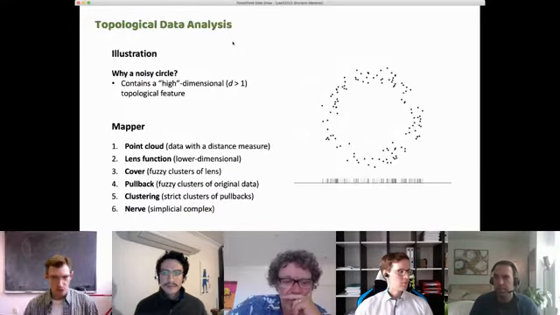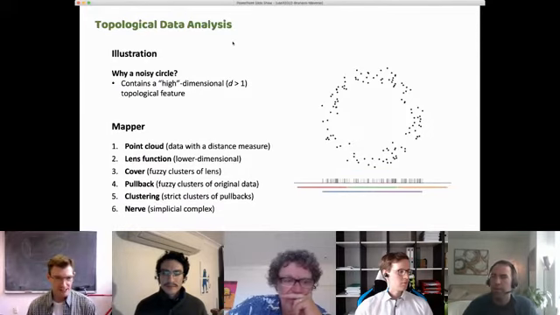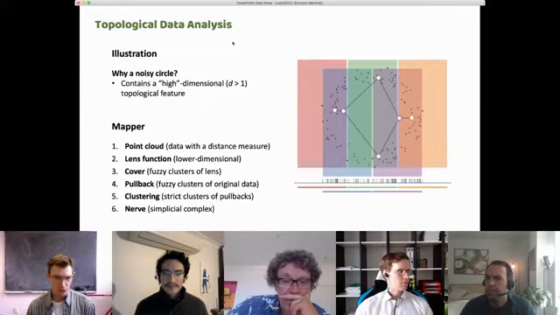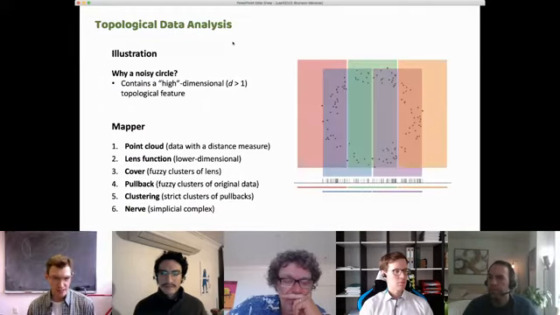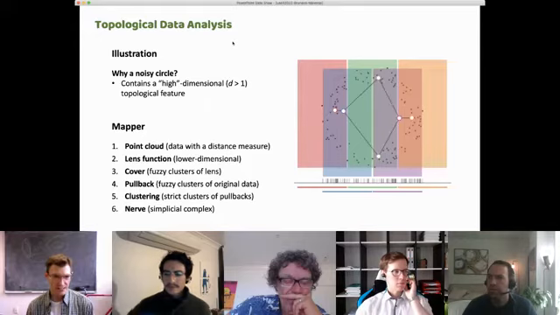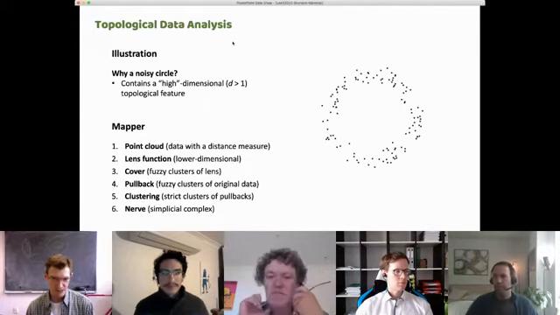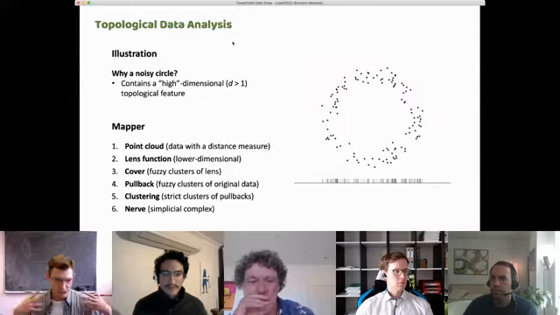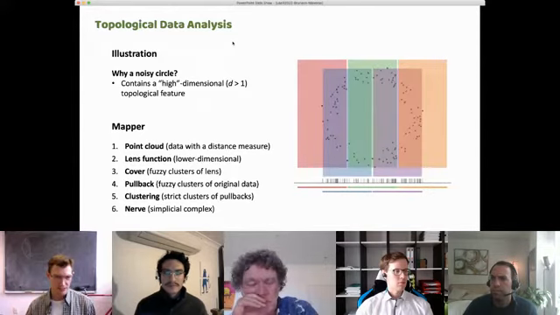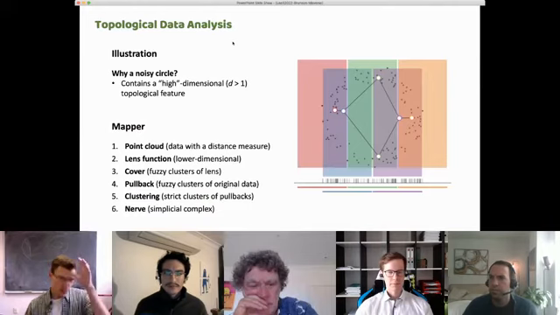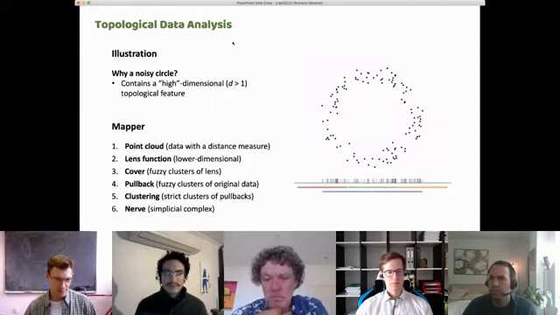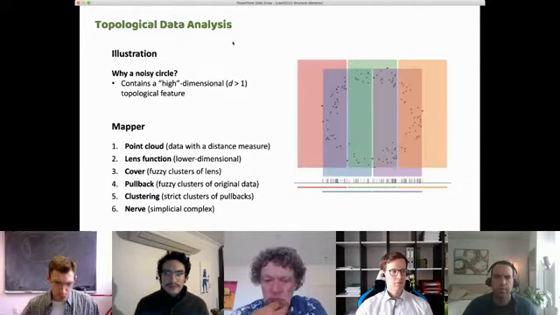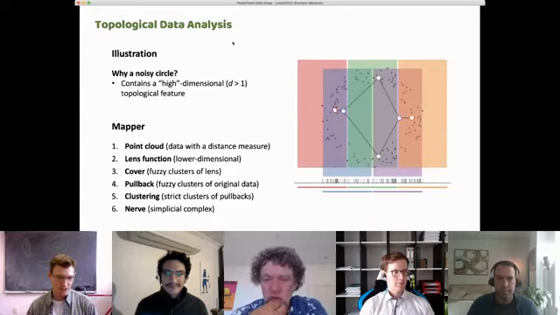So I feel I need to introduce topological data analysis, and I'll do so by way of the two most common techniques. The first is called mapper. Both these techniques begin with a point cloud, that is to say, a set of data with some sort of distance measure between individual points. The mapper construction begins by projecting what typically is high dimensional data to a lower dimensional space, using a cover, which is to say a fuzzy cluster on that low dimensional space, and then pulling back those cover sets to the high dimensional space in order to do clustering, which saves a lot of computational cost.